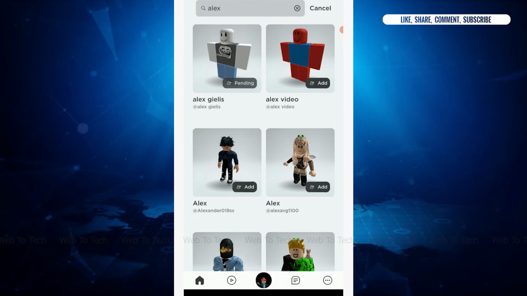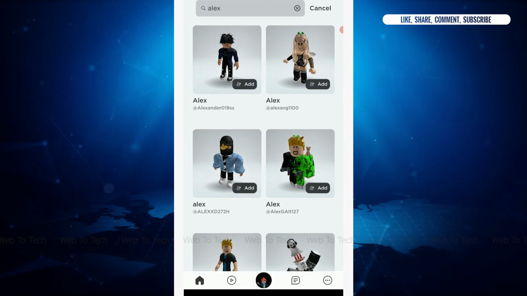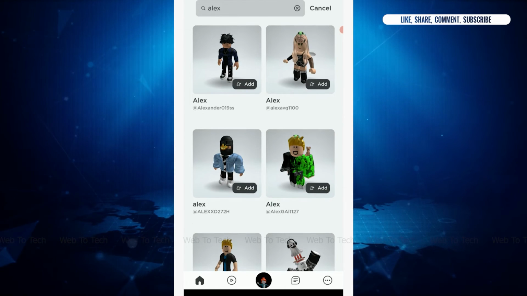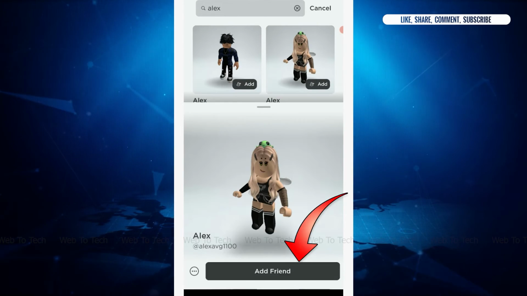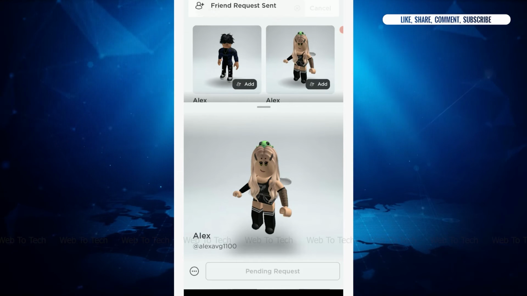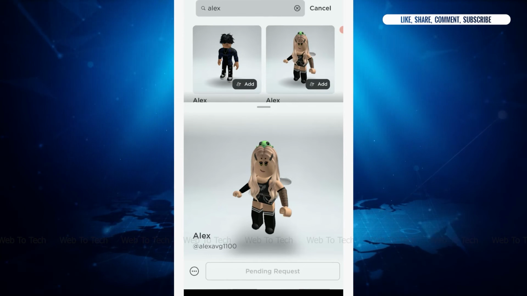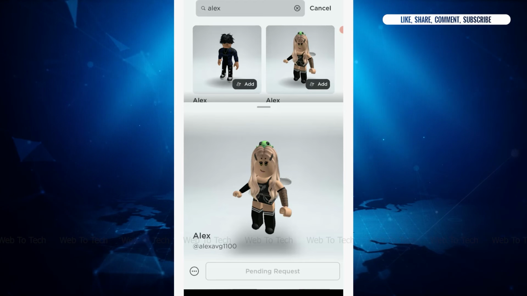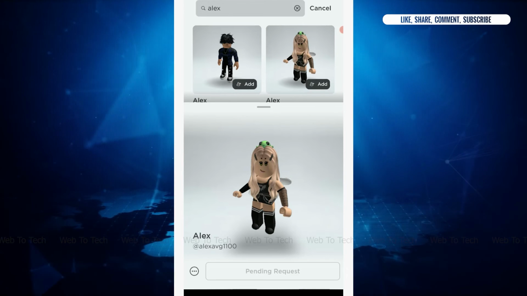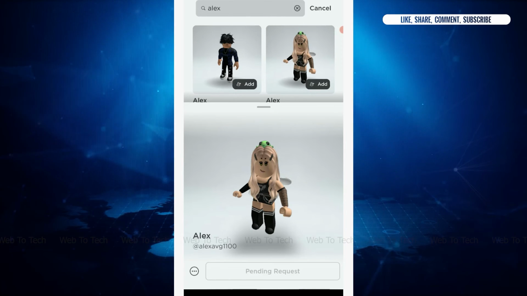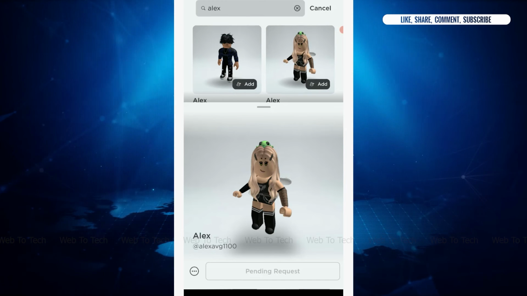So there are the profiles relating to a person's name. To add this, you tap on the profile and there you will have the option of add friend. You just tap that. Now all you need is to wait for the other person to accept your friend request. With this, you will be added as a friend within each of your profiles. So this is how you can add friends on